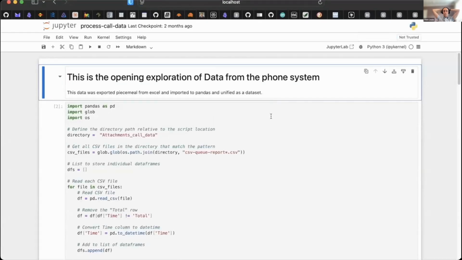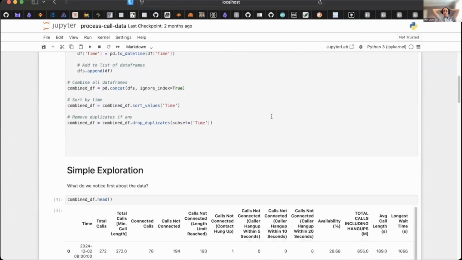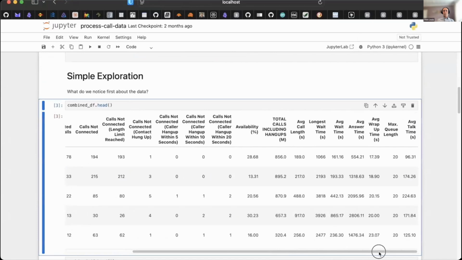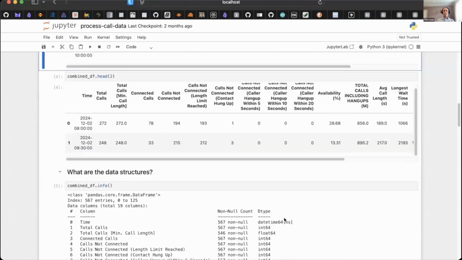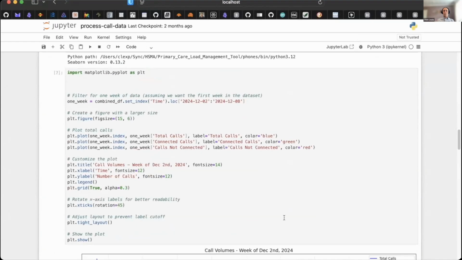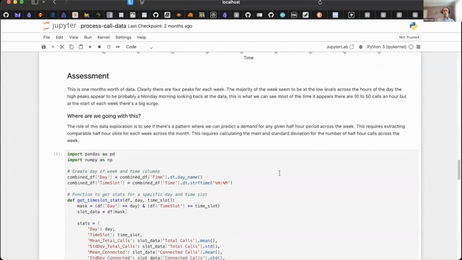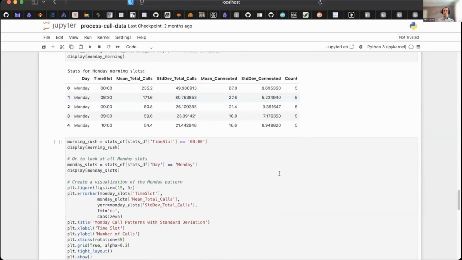Here you can see the opening analysis. We're reading in the file and just presenting the couple of top rows to show we've done it. We can explore the data structures and begin trying to represent them. Here you can see the weekly pattern. The big rise shouldn't be there, it's just the weekend data, and it tapers off across the week. Let's see if we can analyse this data.